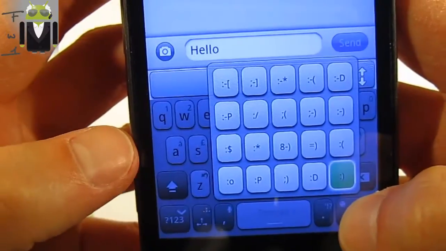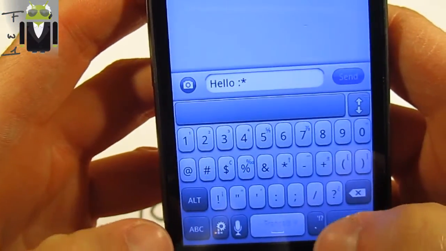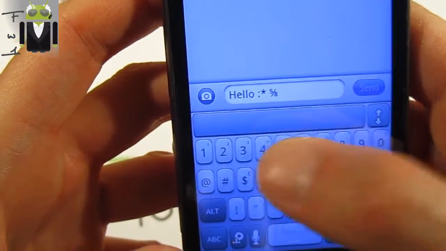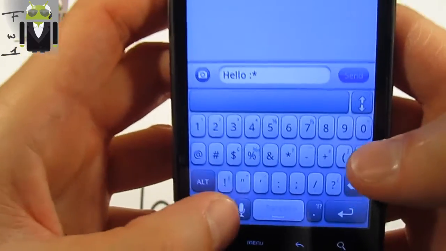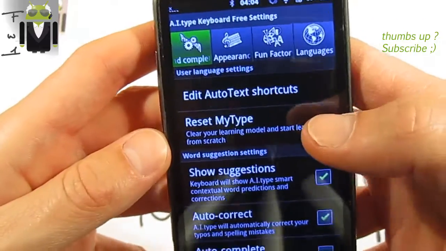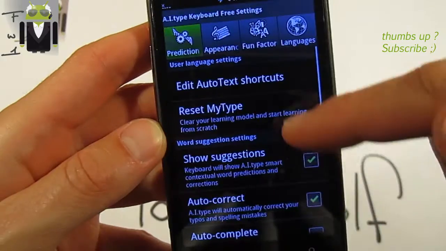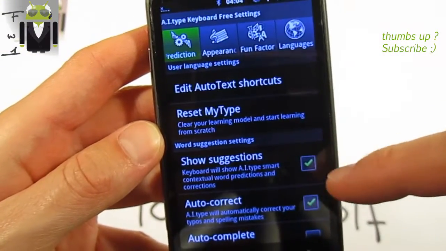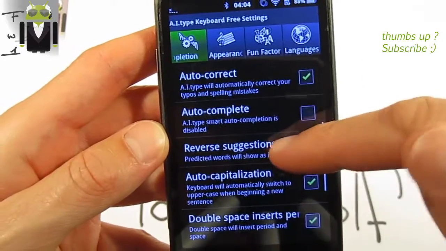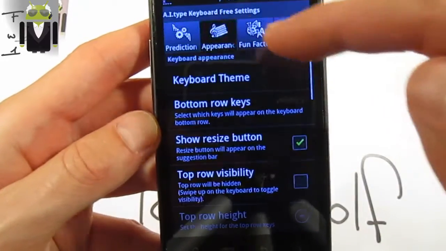With this long press, we get different emoticons there. We also get, with this press, different numbers, for example percent, different fractions there, and others. We get these settings, and here is the AI type keyboard free settings. For example, we get the word completion, edit auto text there. We can also reset my type if you need. You can show different suggestions, autocorrect, autocomplete, reverse the suggestion, auto capitalization, double space insert,